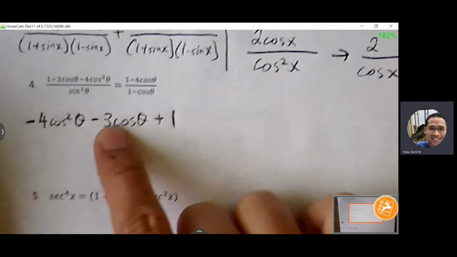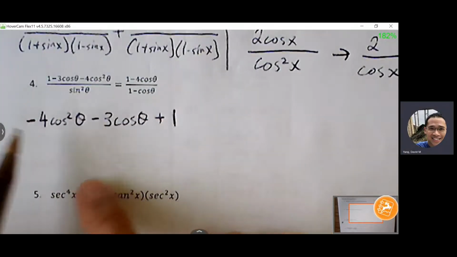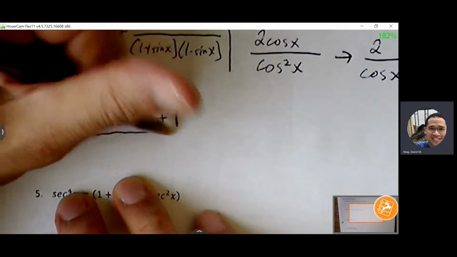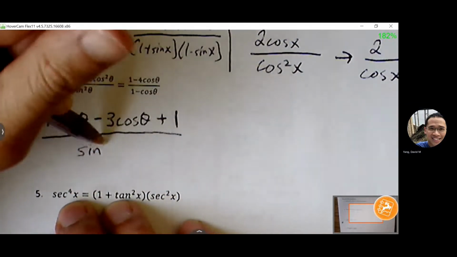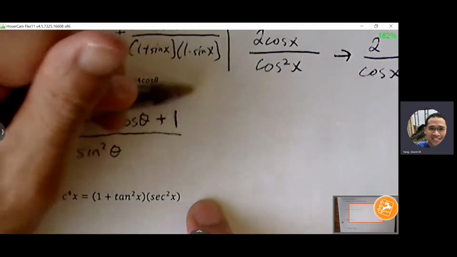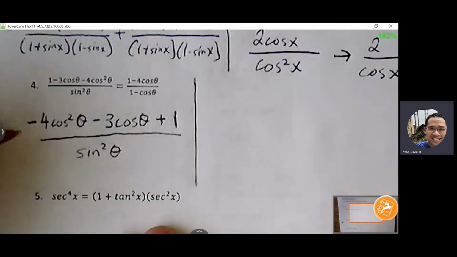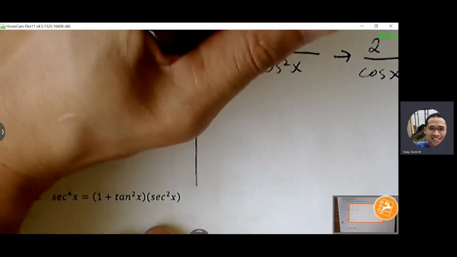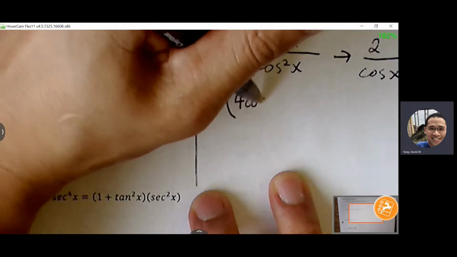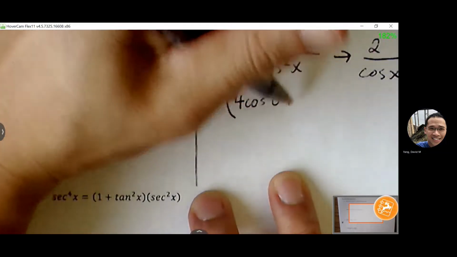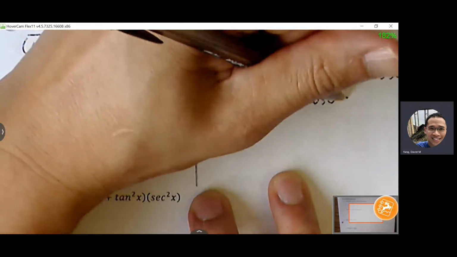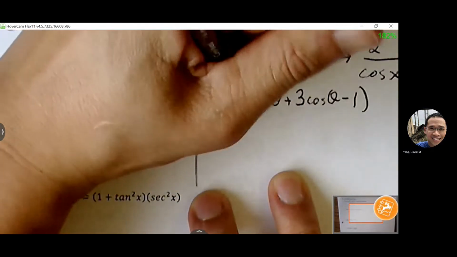But I hate factoring with my first term being negative. So I'm going to take a -1 out. If I take a -1 out, I can just think of this problem as adapted with my first term being